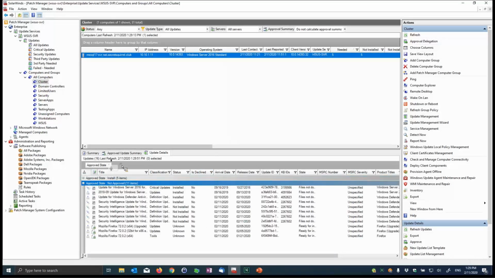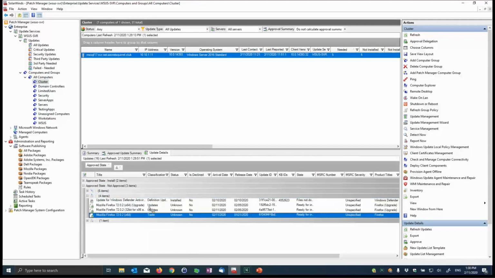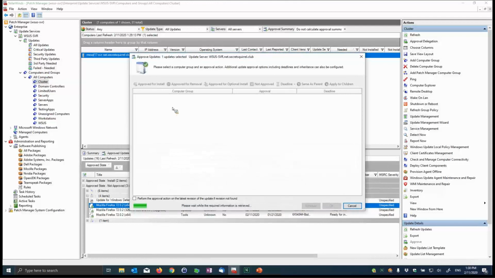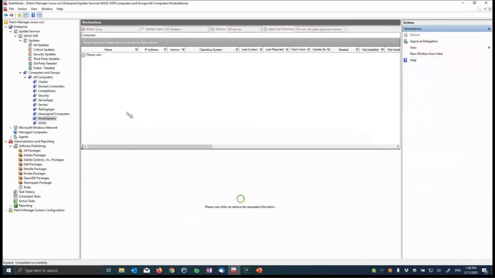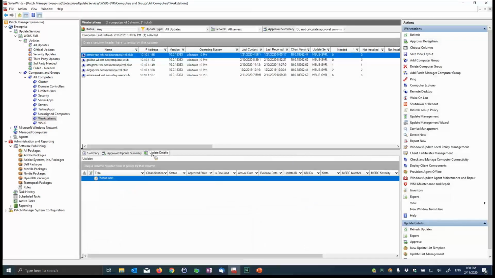Now what I usually do is filter by is it not approved, and then once again by supersedence. So here, hey, look at that. Maybe I want to deploy this patch here, this upgrade, to this system. So here we can go ahead and click approve, set that approver or not, and then define it to that group as we need to. And that's one of the nice things: when I selected that one patch, it was actually listed as Firefox. About an hour before this call, I actually downloaded and published it to my system. All I had to do was